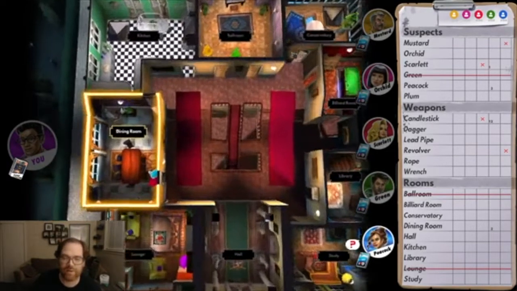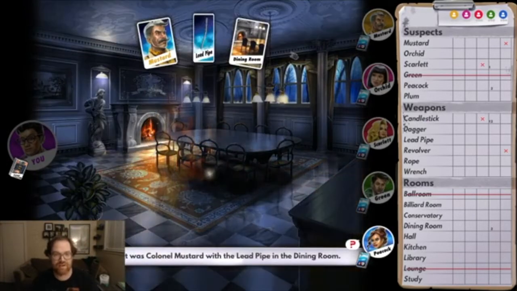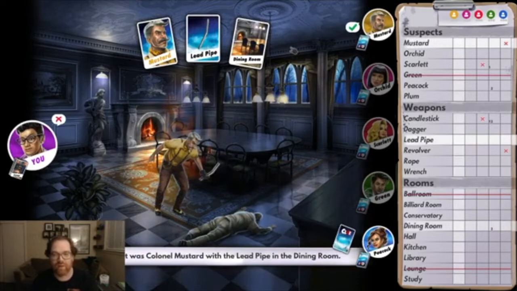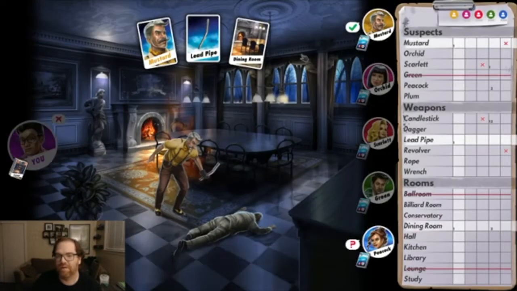See, now she's already in the room. She rolled a 2, and it's her first turn. She wouldn't have gotten into a room, and she wouldn't be this far ahead. So you put a 1 under Mustard, Lead Pipe, and Dining Room, because